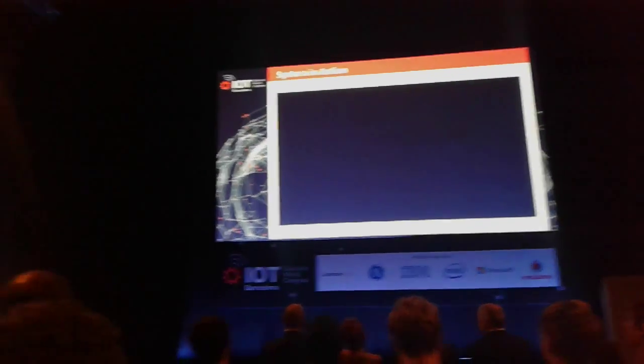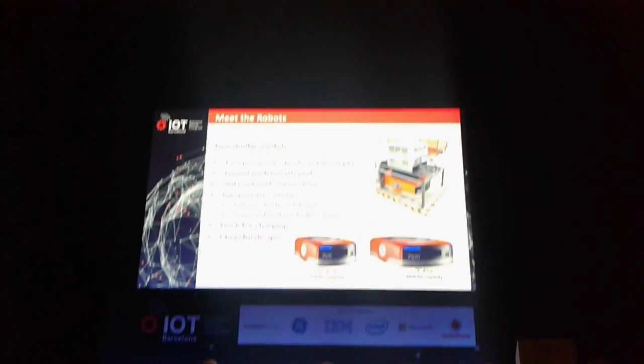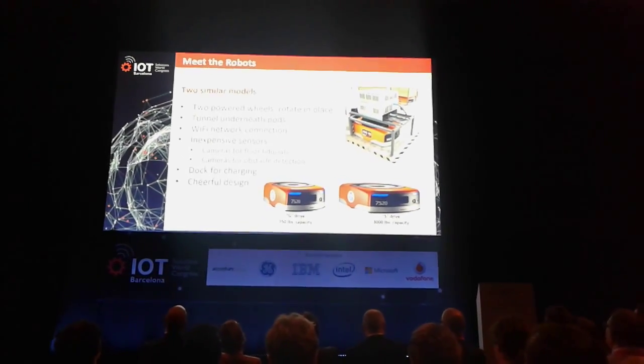All right. So a little closer view at a couple of these robots. Like I talked about, we have two models. Same fundamental idea. Two powered drive wheels. They rotate